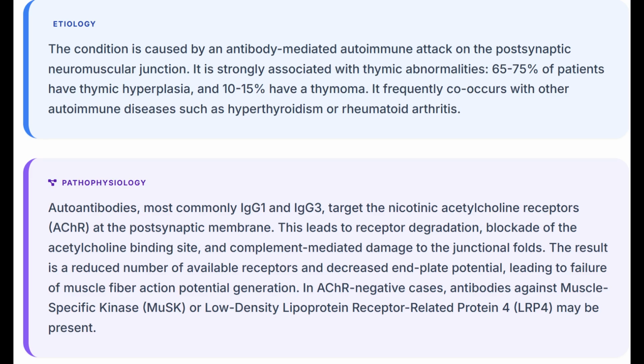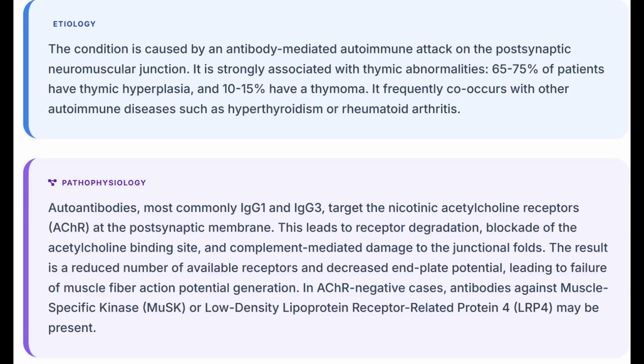Pathophysiologically, the primary culprits are IgG1 and IgG3 antibodies targeting nicotinic acetylcholine receptors. These antibodies trigger receptor degradation, block the acetylcholine binding site, and induce complement-mediated damage to the junctional folds. This triple threat reduces the density of functional receptors, causing a diminished end plate potential that fails to trigger a